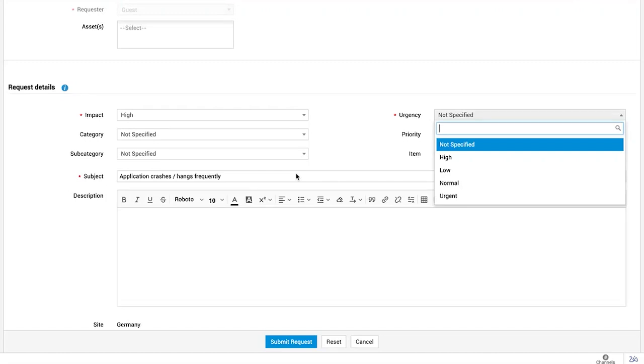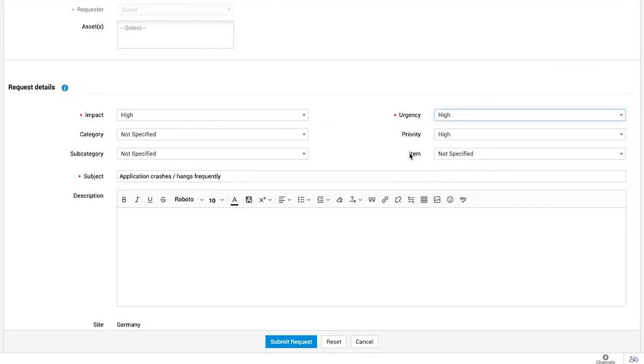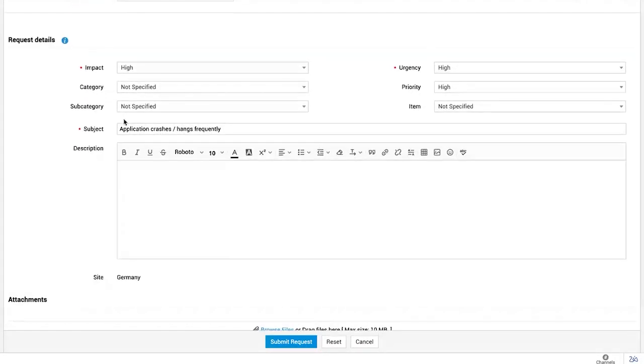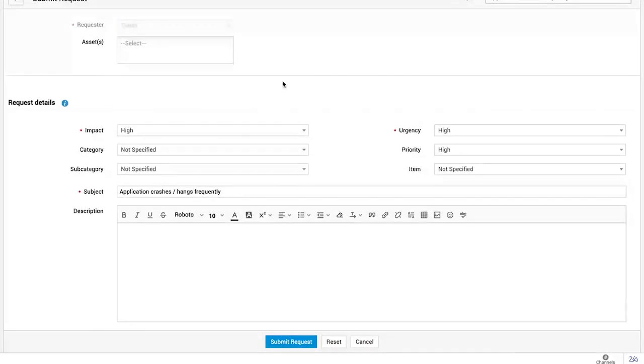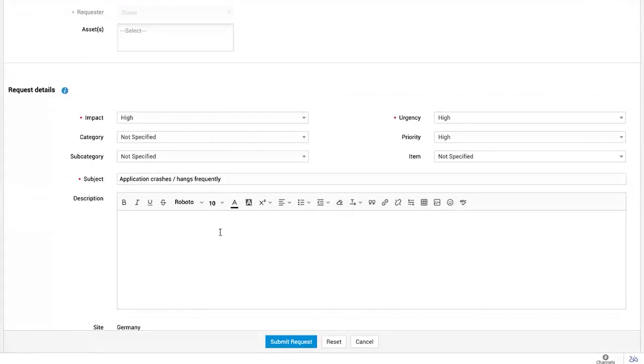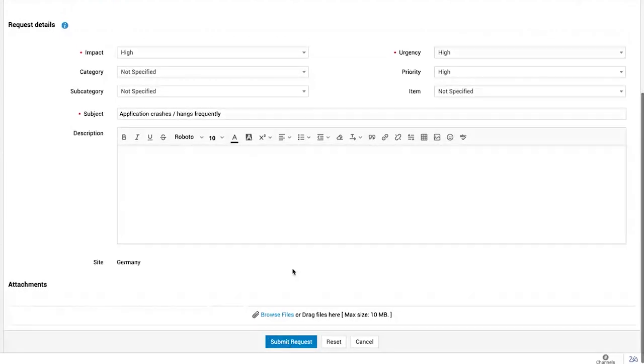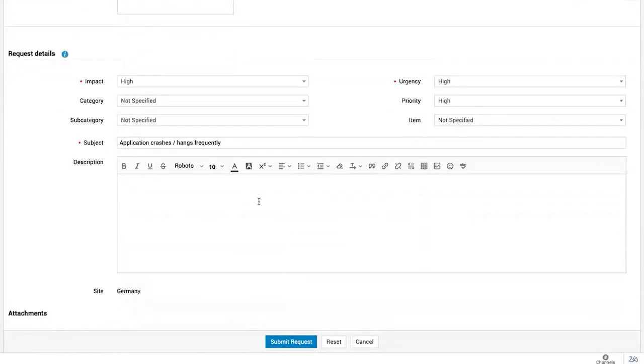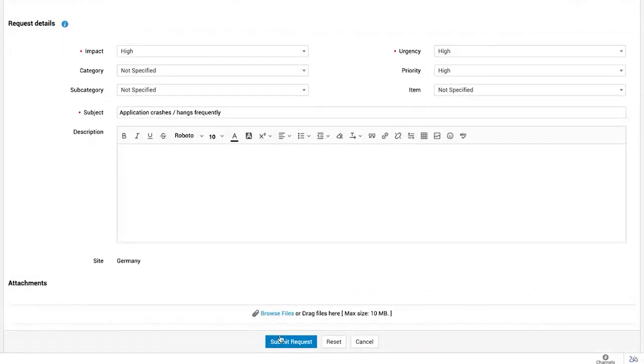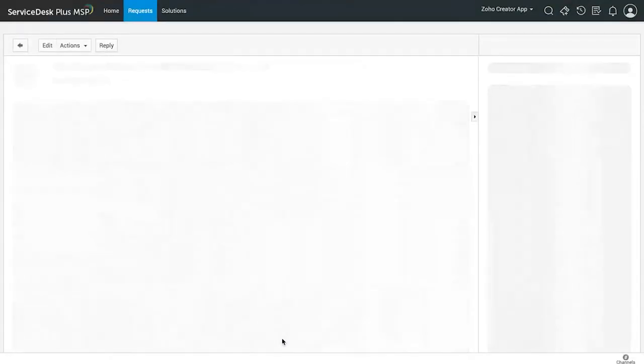or soon. So I can mark the impact as high and urgency as high, since it's a very high priority issue, right? So as you can see, the priority field has automatically been populated. And further, you can see that because I've used a template, the subject line has already been filled. And with a simple information gathering template, I can simply click on submit request and report an